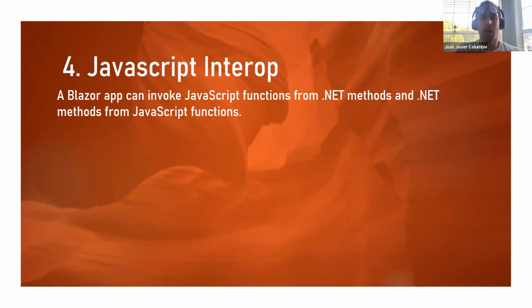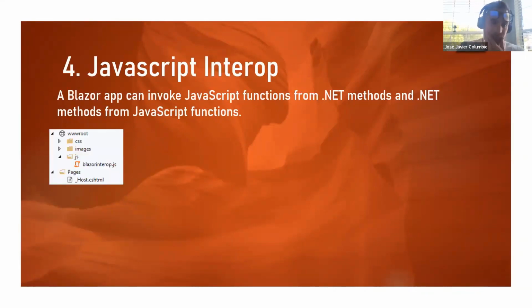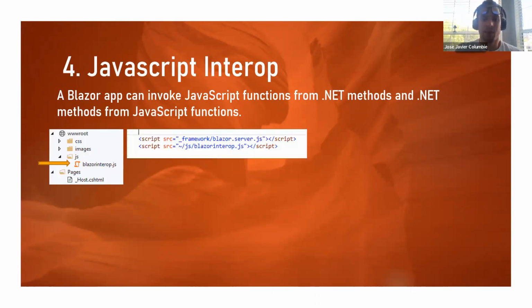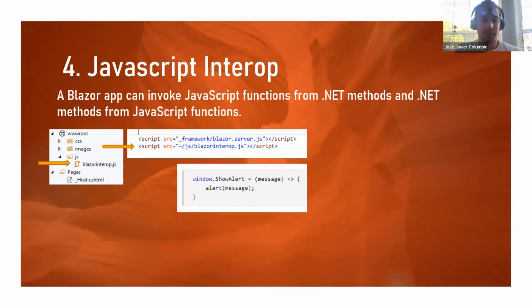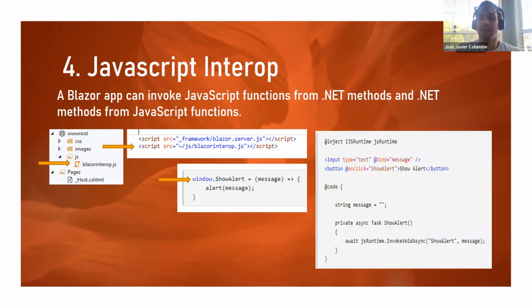We have JavaScript Interop as a first-class citizen. That means we can invoke a JavaScript function from .NET and a .NET function from JavaScript. If we want to do that, the only thing we have to do is add our JavaScript file, let's say we put it on the host, the Blazor Interop host. Then let's say the JavaScript file has a showAlert function, and then we inject the JSRuntime. You will see how we can inject those services so we can use it and just invoke async